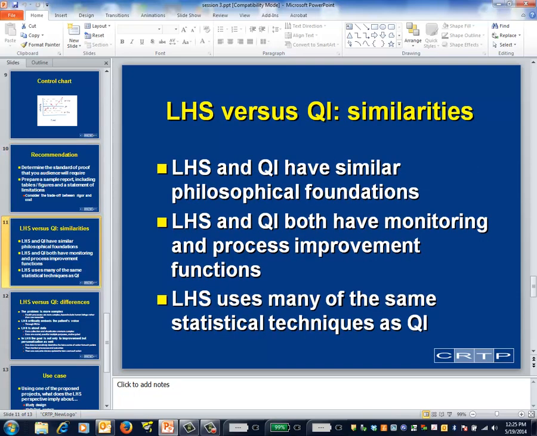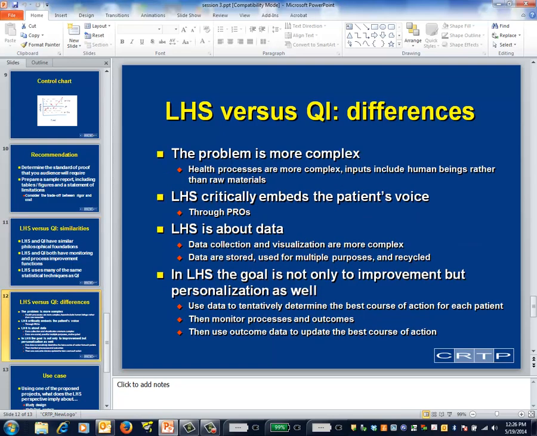To make the distinction between QI and learning health, let's start with their similarities. They were derived from the same underlying philosophy. They both have monitoring and process improvement functions, and they both use many of the same statistical techniques. Everyone's understanding of learning health systems is a bit different. This slide summarizes mine, at least as it pertains to some of the ways that it differs from and extends